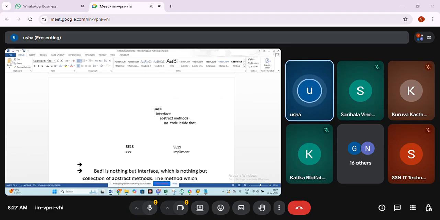If it is checked, you can use it for multiple implementations. Filter dependent BAdI: if the filter criteria matches, then only it is going to trigger that implementation part. So that is filter dependent BAdI. Whether it is implemented already or not, how can we check? Through the implementation overview, if it is implemented it will show that information.